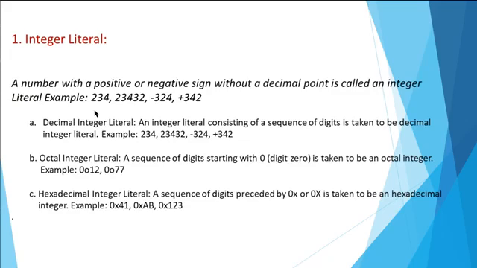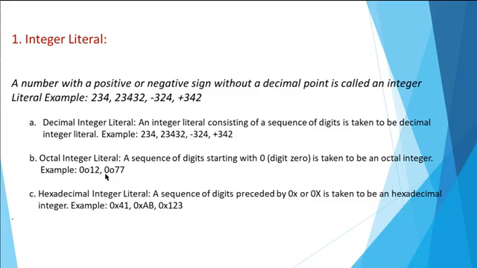Integer literal is any number, positive or negative, without a decimal point. There are 3 types of integer literals: decimal, octal, hexadecimal. Decimal are the ones which we use normally. 0 to 9 are the numbers that can be included in it. Octal are the numbers which have only 0 to 7 digits in them, and they are written as